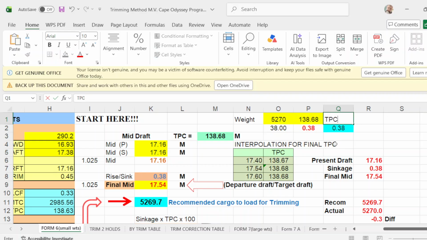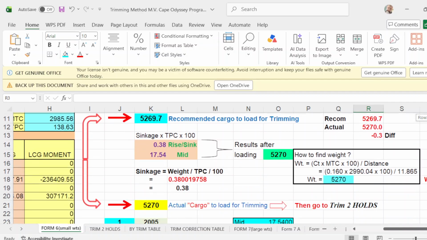And this will be your sinkage. So your present mid drop is 17.16 plus your sinkage of 0.38. Then your final mid will be 17.54, which is the same here. Okay.